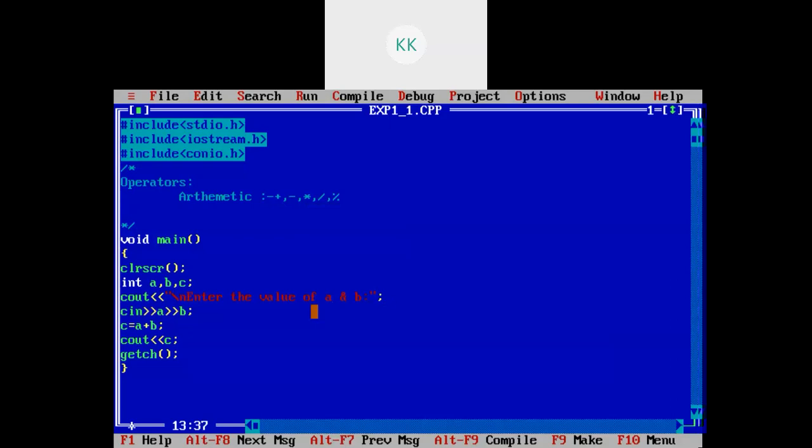So whenever our program runs, we know what we need to input. We need to input the value of A and B, right? Similarly, for this C output, we also need to write what this C is. So we need to write sum of A and B equals, like this you need to write.